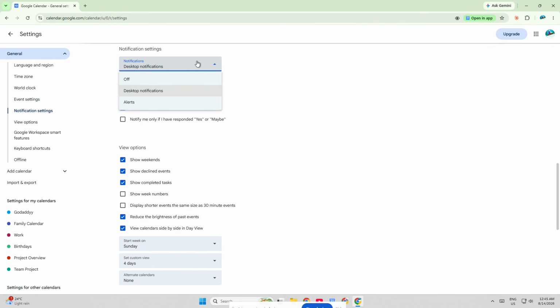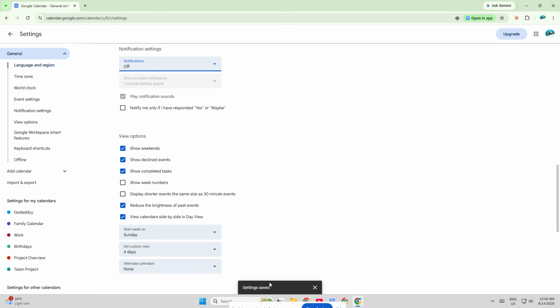Depending on your setup, you may see options for browser notifications, event notifications, or alert preferences. To stop the notifications, click off or disable the notification setting you no longer want. If you want to completely reduce interruptions, make sure the alerts are turned off for the calendar or event type you're changing. You can repeat this process for other notification categories if needed, especially if you have multiple calendars connected